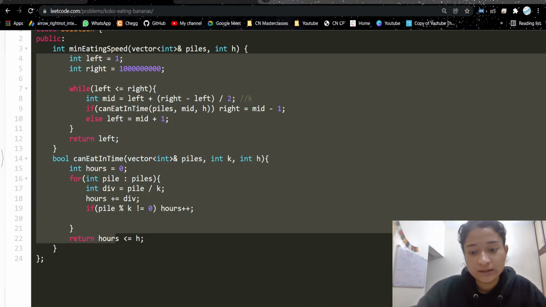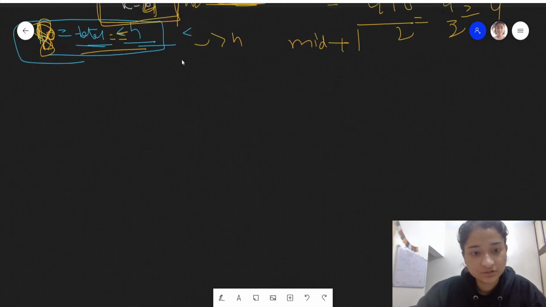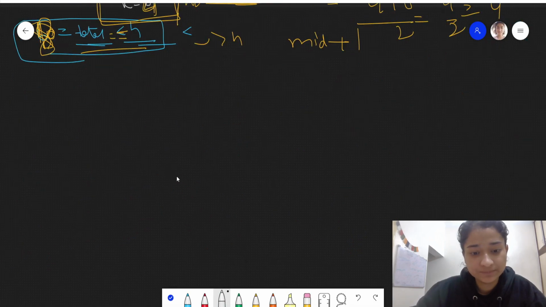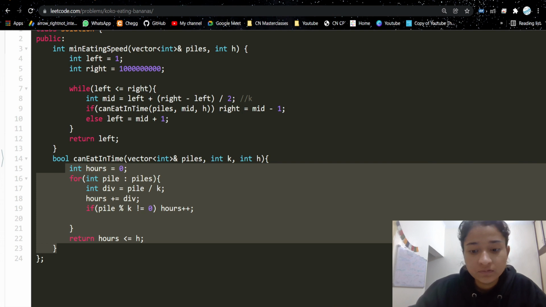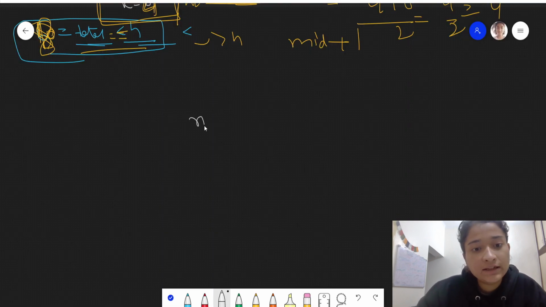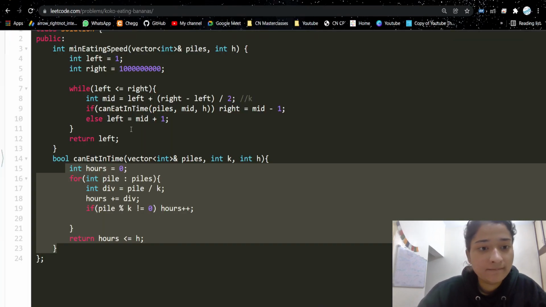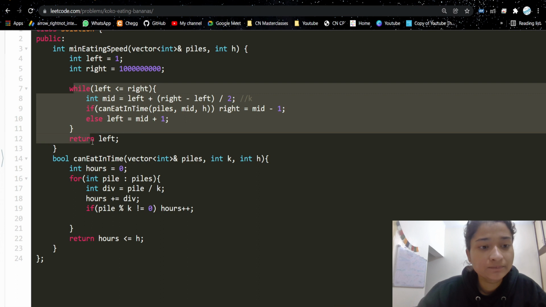Let's discuss the time complexity. See, over here we are going to each pile, so this is a linear loop, right? So if there are n piles, so n into this we are doing every time.